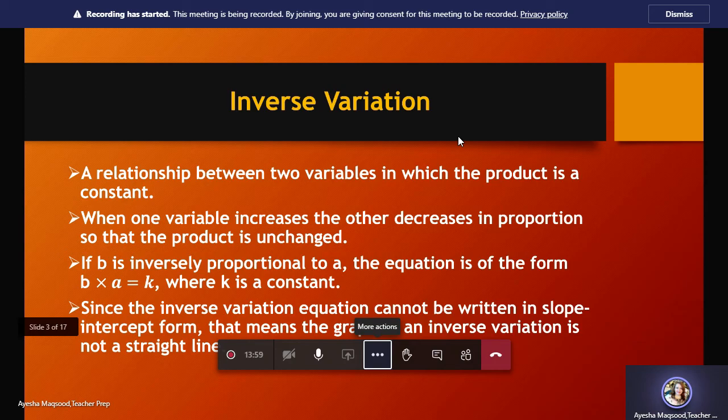If you remember, we have discussed the graphs also, although we have not attempted the questions up till now. I told you that we will invest one lesson in graphs only, where we will draw the graphs of both direct and inverse variation. We have discussed the graph of direct variation, where I told you that it is always a line that passes through the origin. But for the inverse, it will not be a straight line. So this is also one of the differences between the graphs of direct variation and inverse variation.